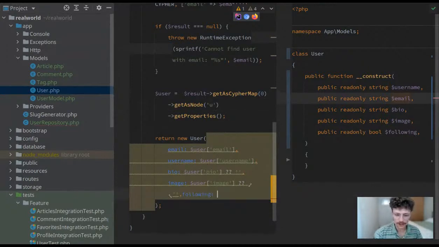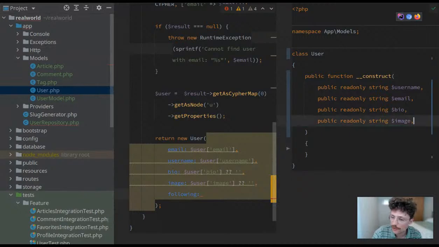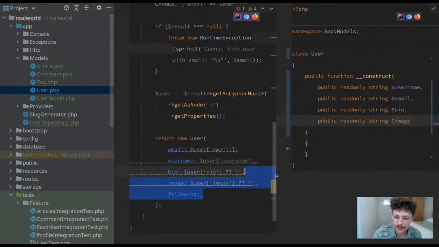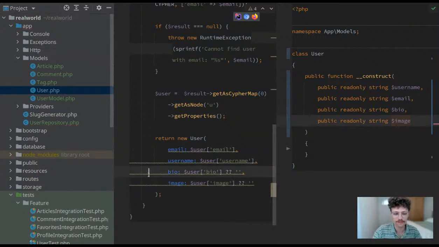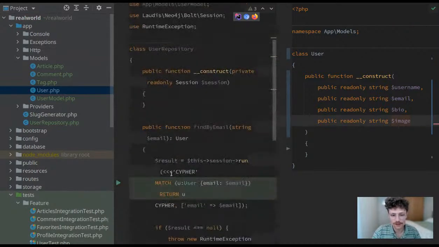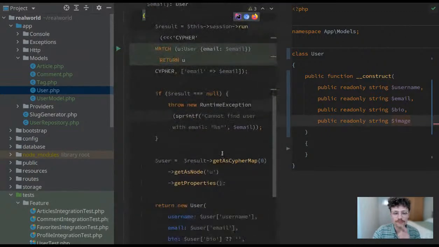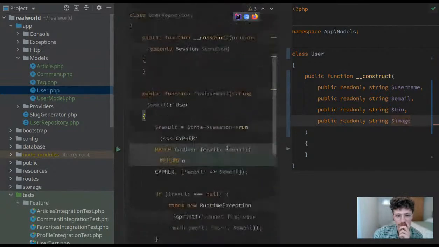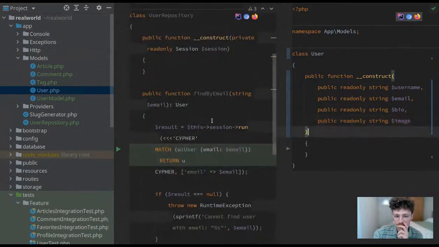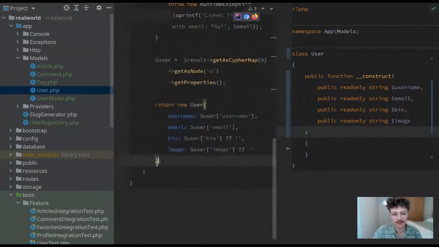User, and then we have following. And following should be relatively easy, because following isn't really that easy. Maybe it is easier if we remove this one in here and we can use a repository pattern. So find by email. Next up, this is find by email, and then we have